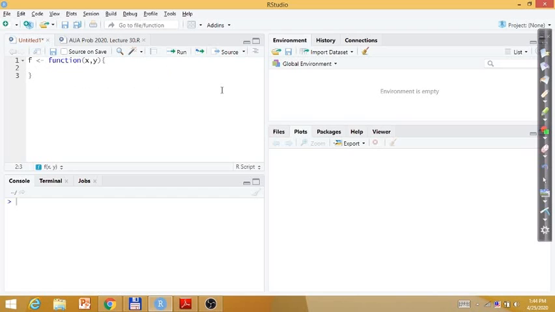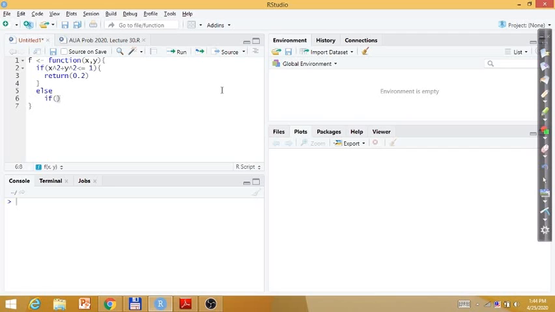So if x squared plus y squared is less or equal than 1, then return 0.2. The value was 0.2. Else,